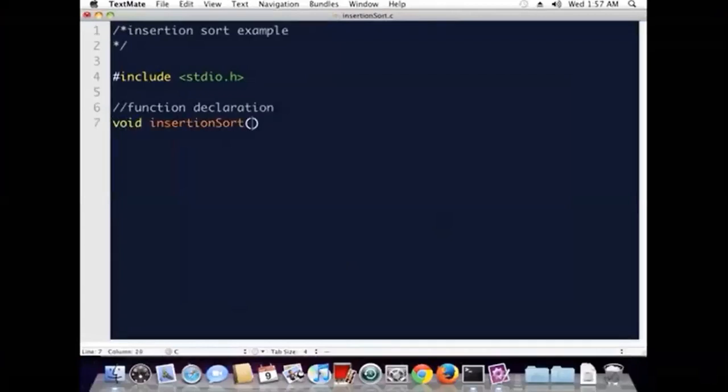Function declaration: what are the arguments? The array and the number of elements. Necessary variables we will declare.